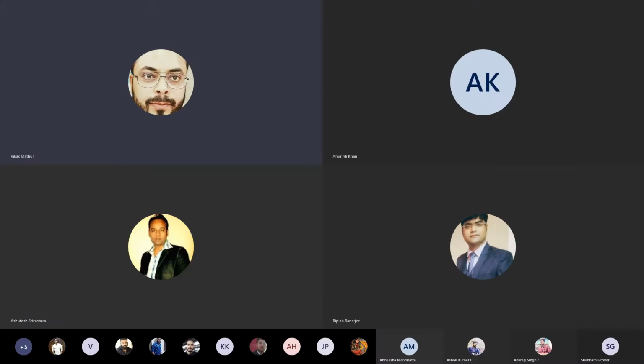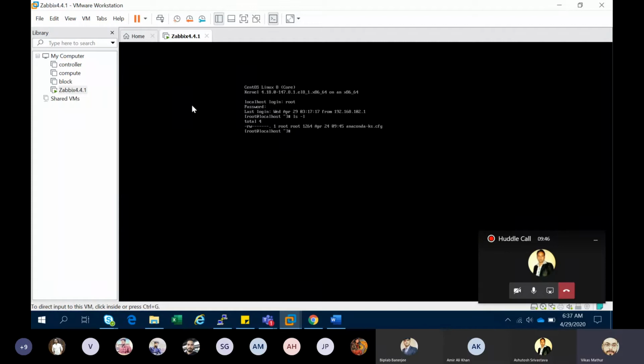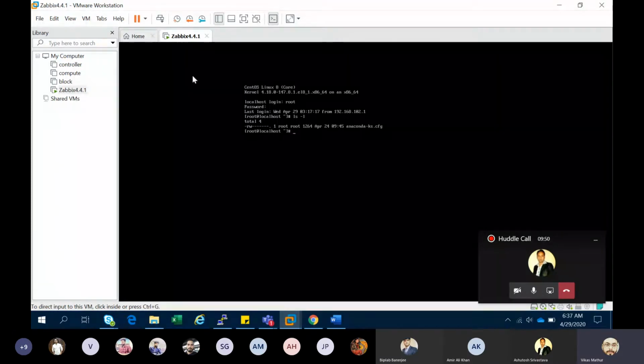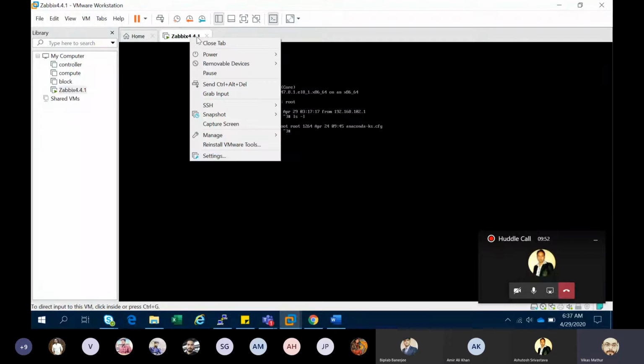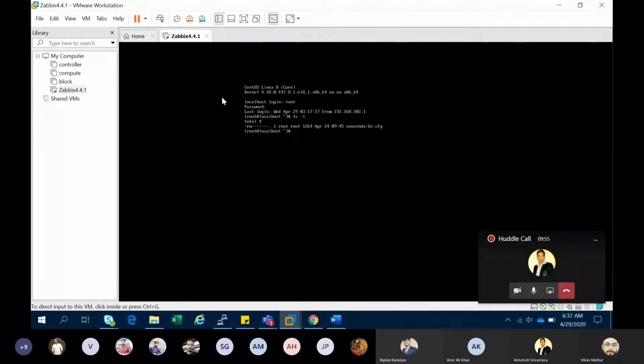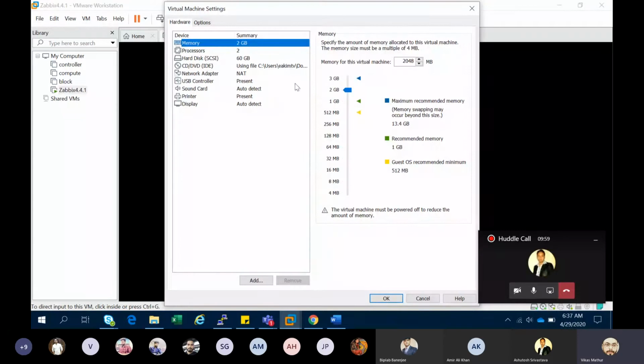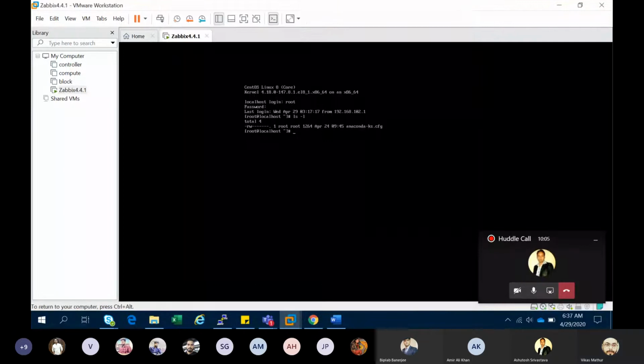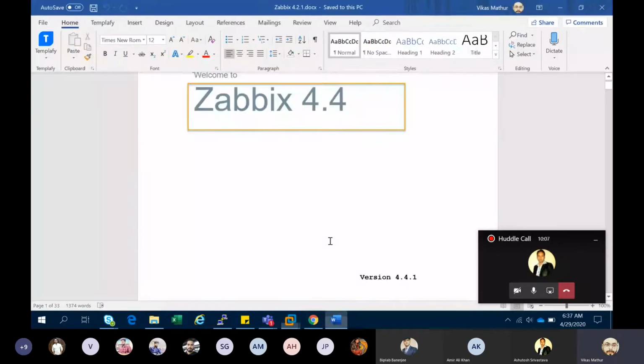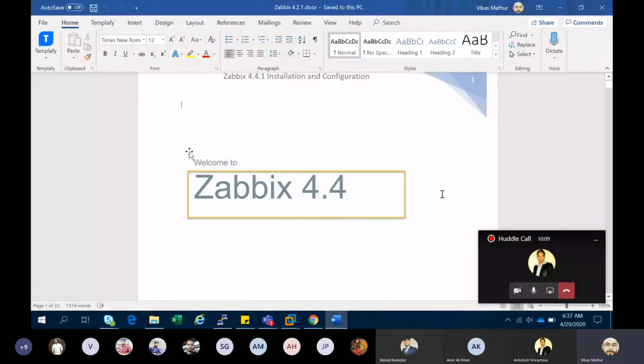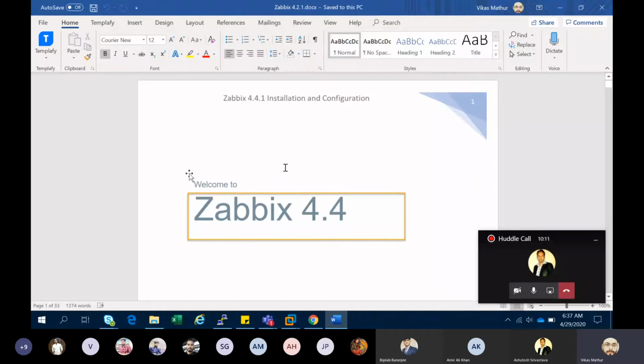It includes CentOS, that is a minimal installation. Its size is about 600 and nothing else. So just see over here if I configure my RAM, the disk, the processors. This is the thing. So first of all, this is my CentOS machine 8.